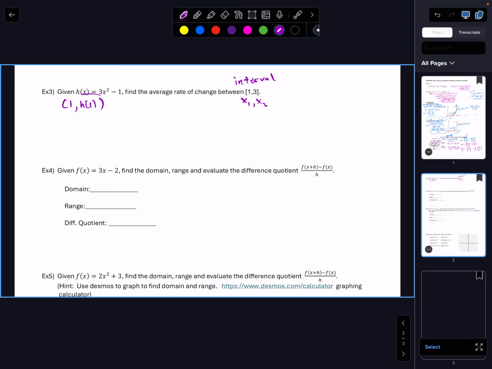On the previous example, they already had done that for you. You have to do the work here. And then you want this ending when x is 3, so you need to plug the 3 into the function to get the y value. So I'm just going to do that off to the side here. Label what I'm doing. H of 1 equals, plug in 1 for x, and that comes out to 2. Plug in 3 for x,